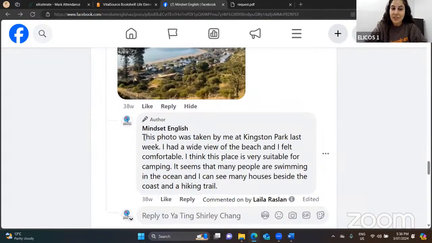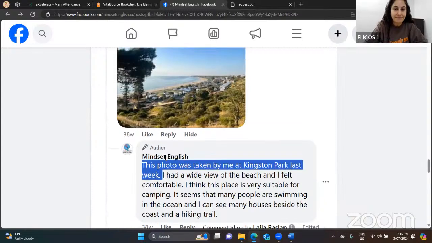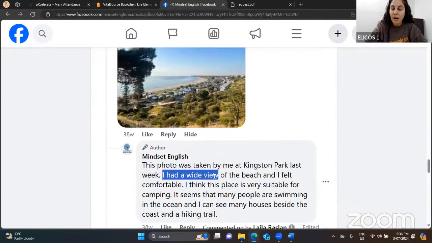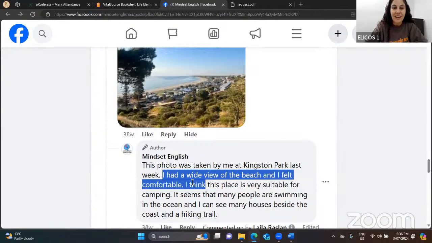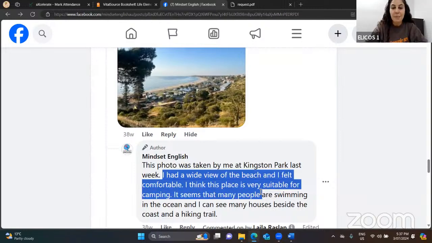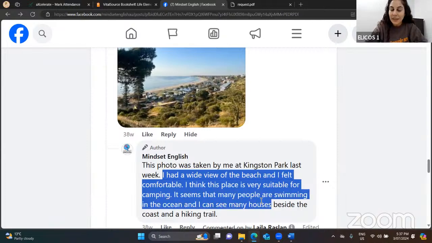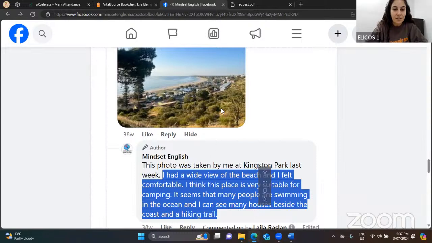She says, this photo was taken by me at Kingston Park last week. I had a wide view of the beach and I felt comfortable. I think this place is very suitable for camping. It seems that many people are swimming in the ocean